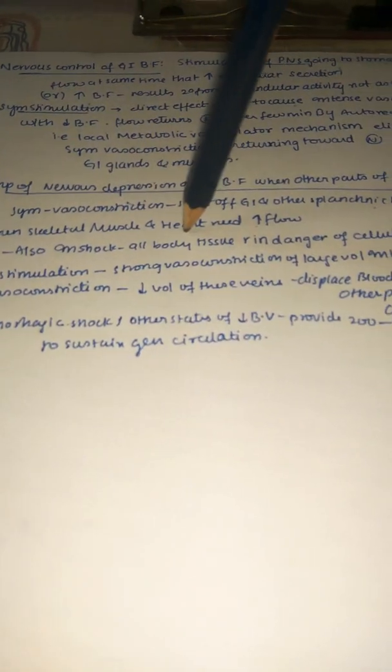This happens when the skeletal muscle and heart muscle need high blood flow. Also, in the case of shock, all body tissues are in danger of cellular death because of lack of blood flow, and especially the brain and heart need more blood flow. So because of sympathetic stimulation, there is a decrease in splanchnic blood flow to very little for many hours. Whenever there is any stress, for example, if a tiger is behind you, what will you do, digest your food or just run away from it? The main thing you need to do now is run away.